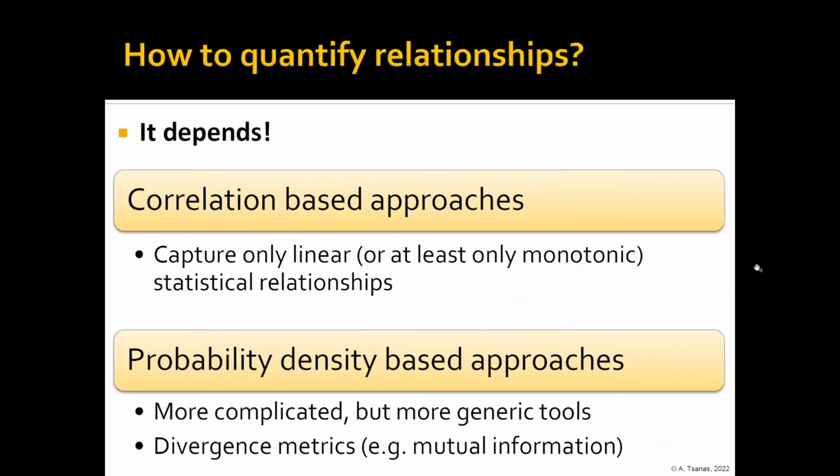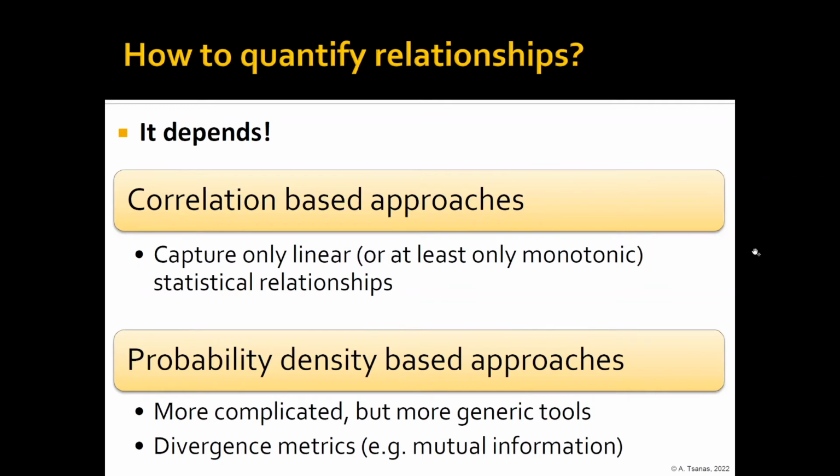So the next question is how you can quantify those statistical relationships. And as usual, the answer is it depends. The simplest way that you can do it is by applying, for example, correlation-based approaches. So classical correlation coefficients like the Spearman or the Pearson and so on. And the limitation there is that you can only really capture linear or monotonic relationships. So if you imagine that there is some complicated statistical relationships between variables, that is something that cannot be really